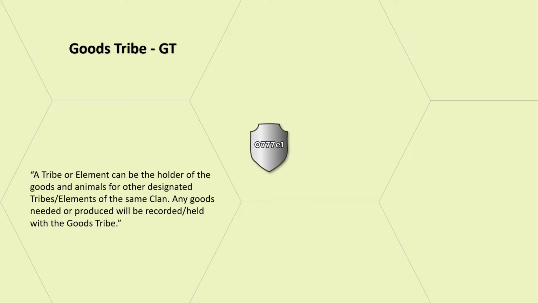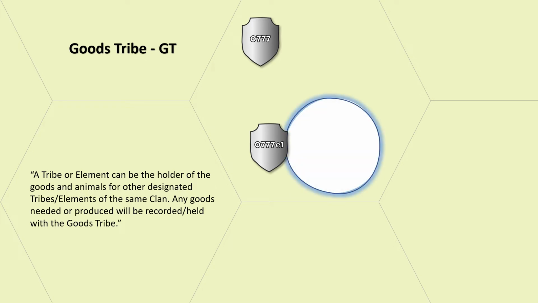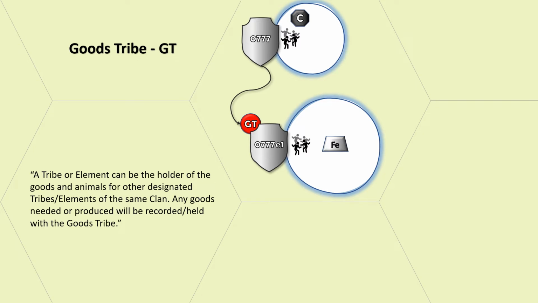So if you've got two units in the same hex, one unit has an inventory, it's got people and goods in it, in this case some iron. The other unit has people and goods in it. In this example, we've got some coal. Now, if we wanted to be able to use goods that are held by other units within the same hex, we'd have to perform that using a transfer. Now, that's fairly simple, just doing it in one case. But if you've got lots of things going on in the same turn, it can be quite arduous having lots and lots of transfers. So what we can do is we can set up a goods tribe relationship,